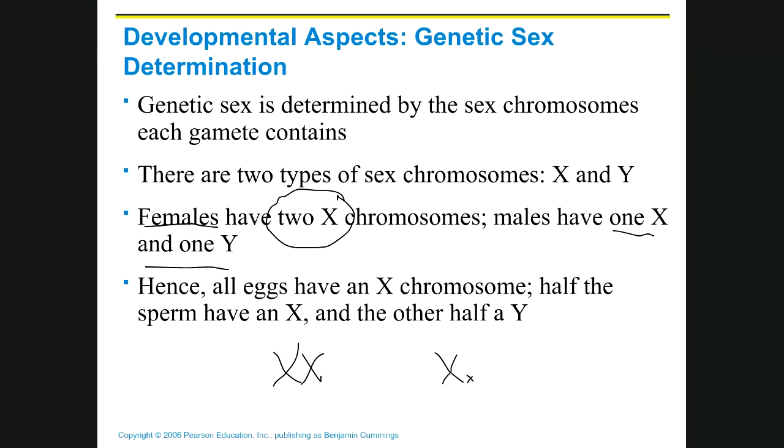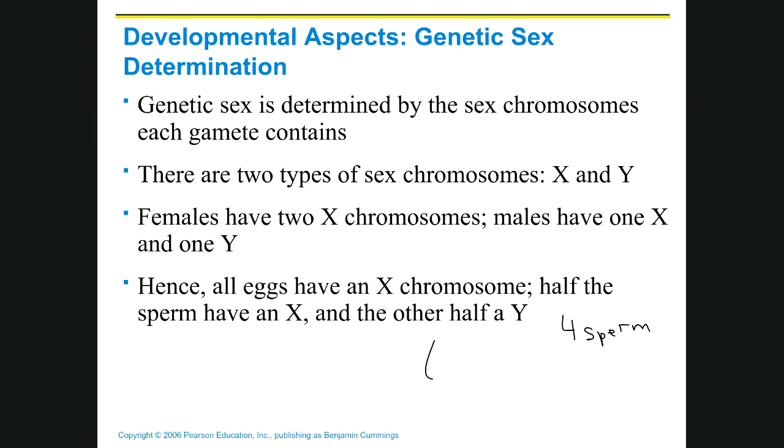Well, remember when we make gametes, we're going to split these things up. And what we're going to wind up with are 4 cells that are not alike, and they're not like the original. And so remember, in males, we're going to wind up with 4 sperm. And so what you're going to have in these sperm is either 1 X or 1 Y. So if you look at this sperm, it has an X in it, this big chromosome. But if you look at this sperm, it's a Y, and it has this little bitty piece of a chromosome,